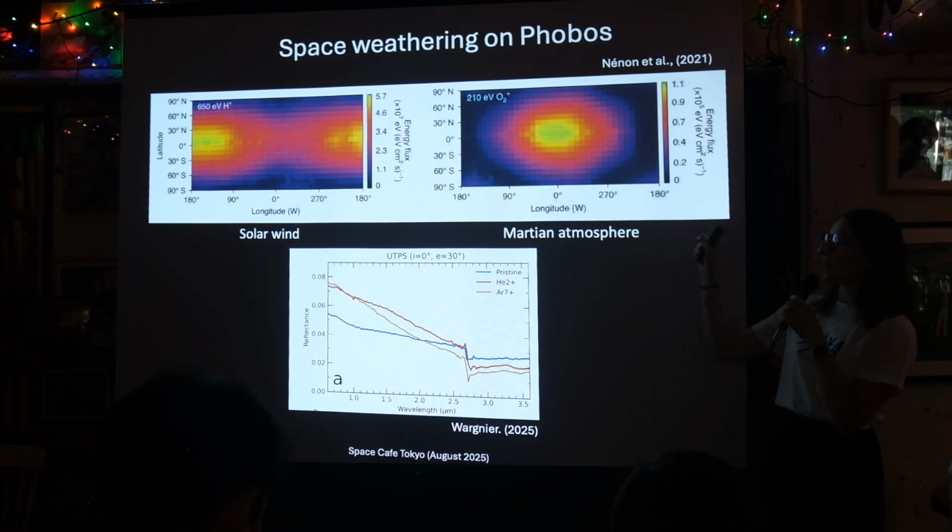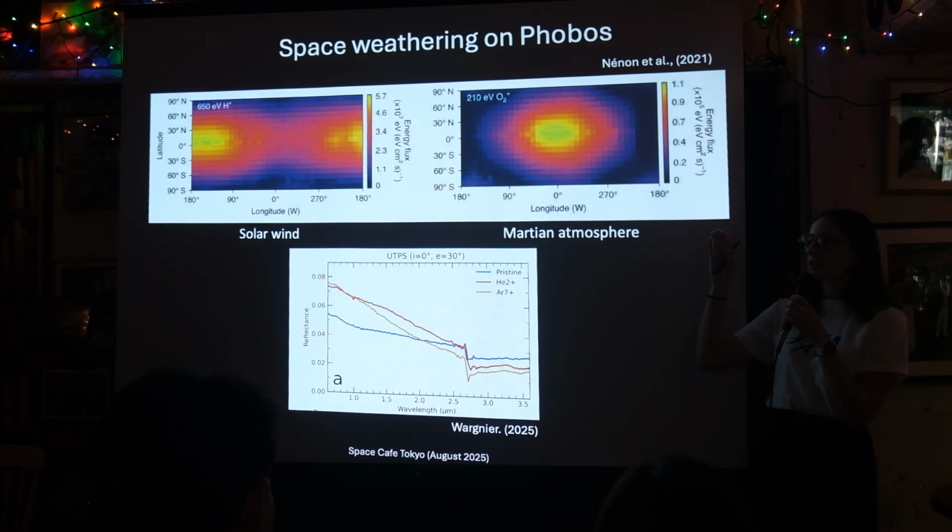So here you can see that the repartition of the solar wind and the ions coming from Mars are not the same, which complicates the whole process of understanding how those irradiations modify the properties of the